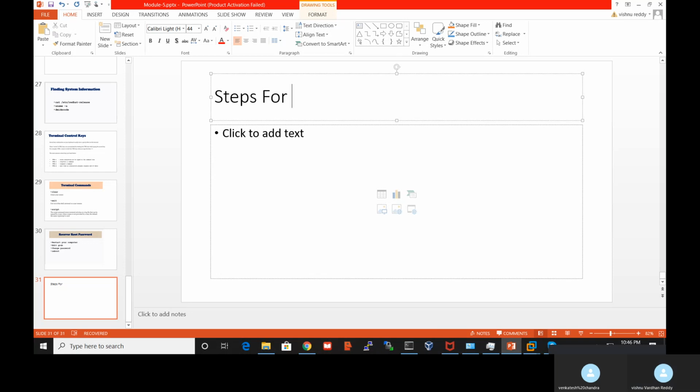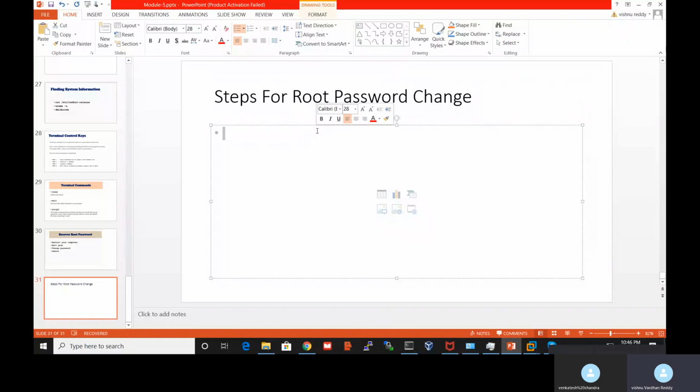Steps for root password change. Wherever the RO is, remove it, and then we need to enter rw, all small letters, init equal to sysroot/bin/sh.